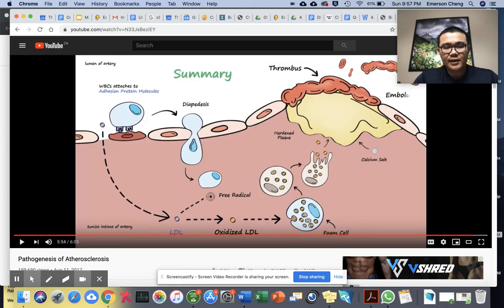Okay, so we see the LDL more permeable. We saw the white blood cells going in. That's a positive feedback cycle, causing more of the plaque being formed and fibers being formed, the thrombosis, and then the embolism, which is the clot that is let loose. Okay, so